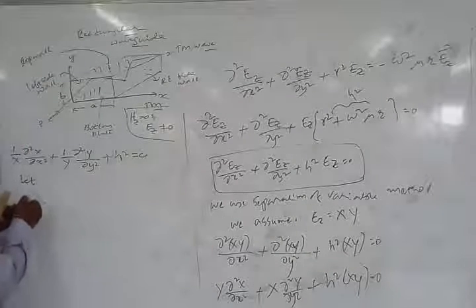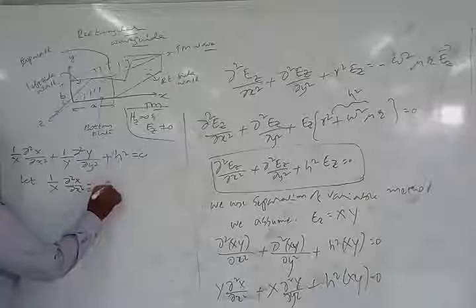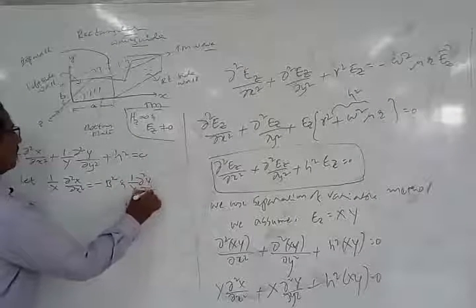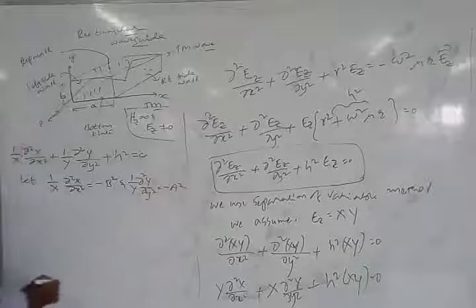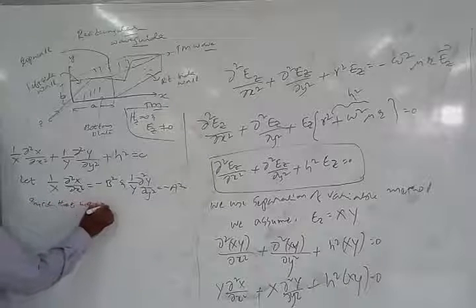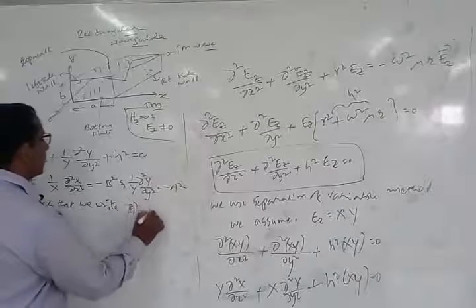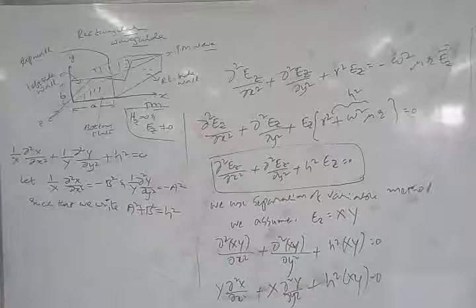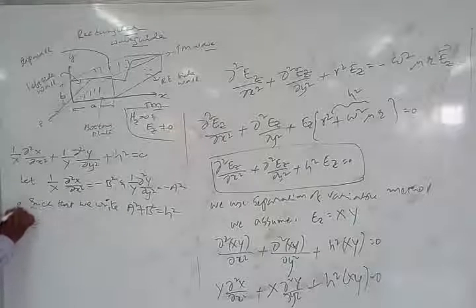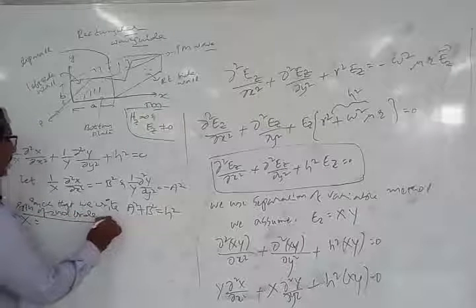we just make a simple approximation. 1 by X, ∂²X by ∂X² is taken as equal to minus b², and 1 by Y, ∂²Y by ∂Y² is taken as equal to minus a², such that we write it in the form of a second order differential equation, that is a² plus b² is equal to h². Now the solution of this second order differential equation is normally